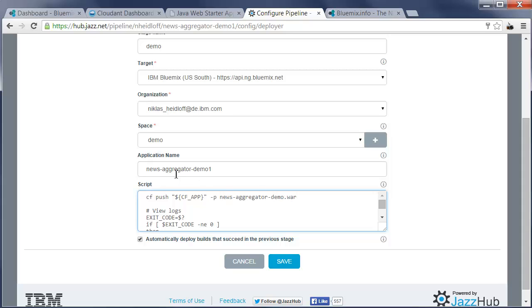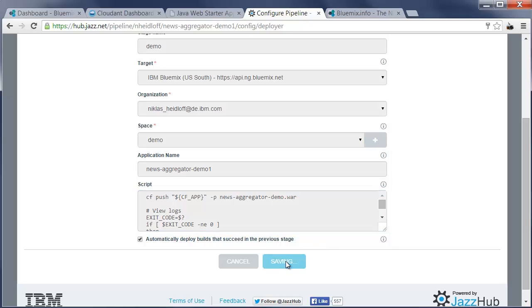It's not News Aggregator Demo 1, but only News Aggregator Demo. And I also again make sure that this checkbox is clicked, automatically deploy builds that succeed in the previous stage. In other words, applications that could be built successfully will be deployed automatically. So I save this,